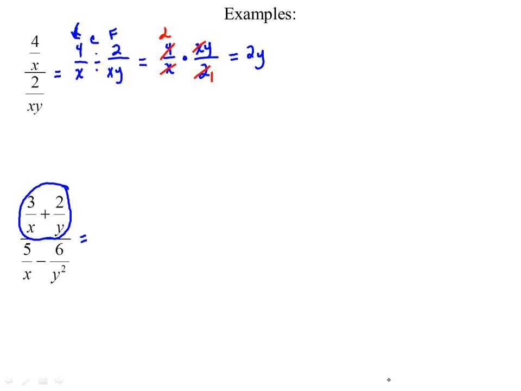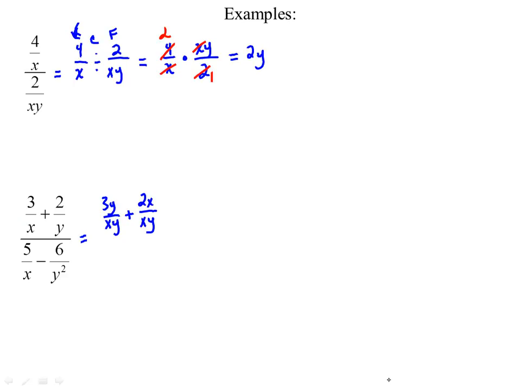What do you need? What is the common denominator? Good job. So that 3 over x is going to turn into what? 3y over xy. And that 2 over y is going to turn into what? 2x over xy. Good. Okay, so we have our numerator